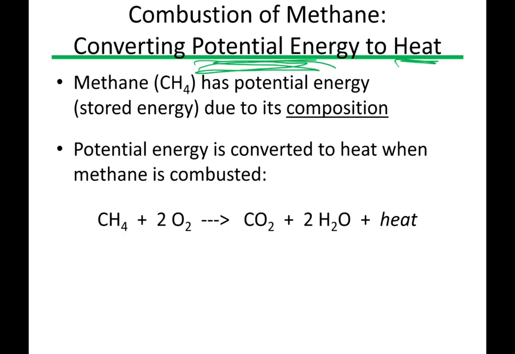When we burn methane, so if we take methane and add it to oxygen in the air, we can get carbon dioxide, some water, and then we also get heat, a fire from that reaction. Remember, heat is related to thermal energy, so we'll get random motion of particles by breaking these bonds, and we can see how this happens.